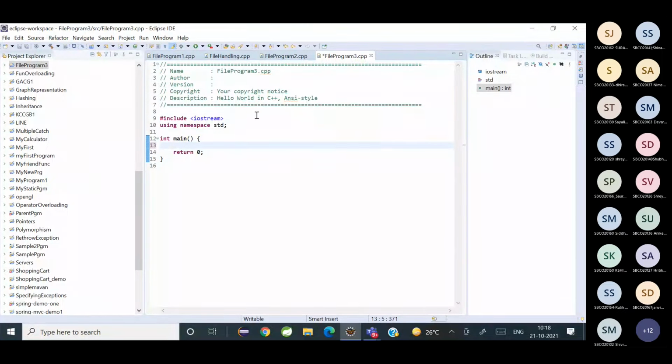So what is the header file for files? Which header file should I include? F stream. So let's write hash include fstream. Okay. Now for normal input output we need hash include iostream